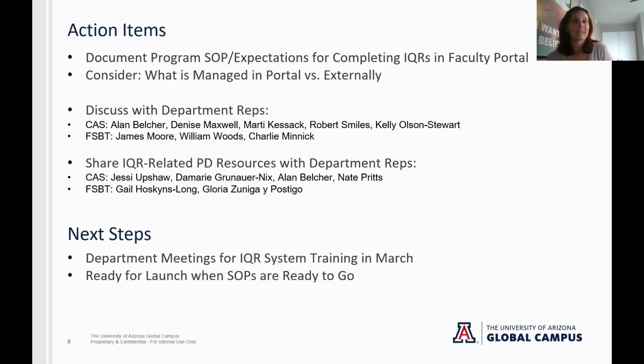We have really experienced and helpful work group representatives. So from CAS, Alan Belcher, Denise Maxwell, Marty Kessick, Robert Smiles, and Kelly Olson-Stewart are your representatives for this work group. And from Forbes, James Moore, William Woods, and Charlie Minnick have been working on it. We ask that all of you who are responsible for performing IQRs